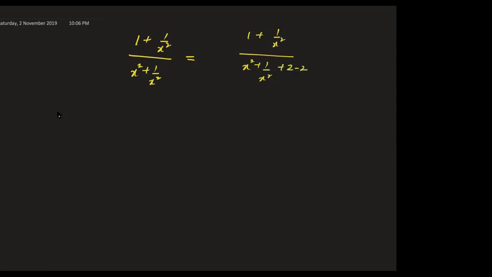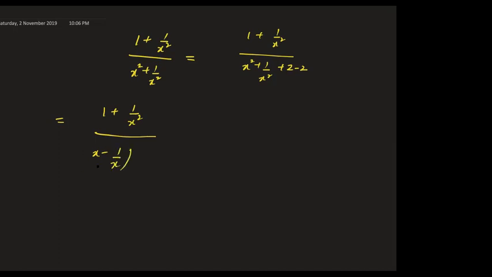So this you can easily say is converted to 1 plus 1 by x square divided by... here we have the expression x plus 1 by x, or if you try to see, we will convert this in the form of x minus 1 by x, because the derivative of x minus 1 by x is actually 1 plus 1 by x square, right? So we have both the options in fact here. So we'll try to explore the option that is helpful for us.